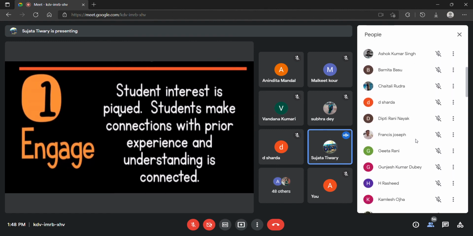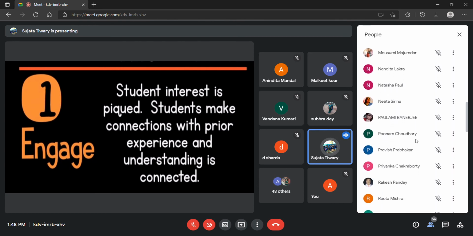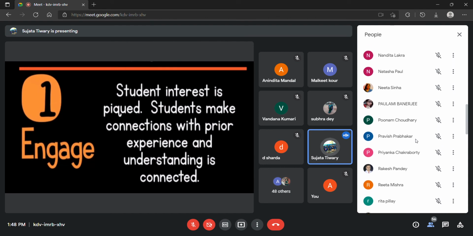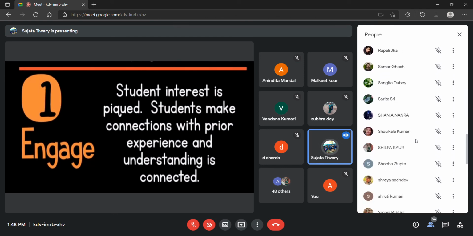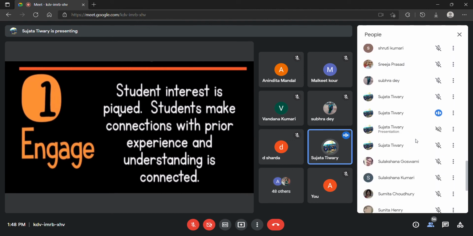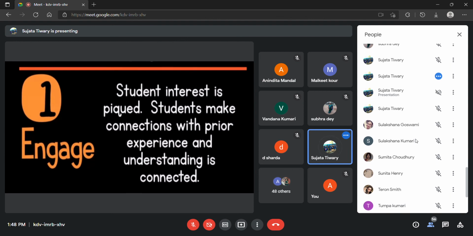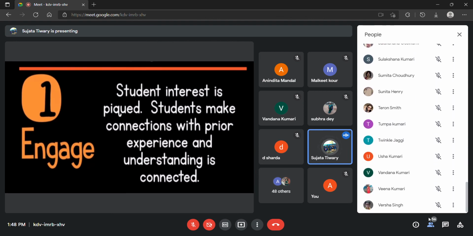They have to learn about the flowers. So they will draw the pictures of the flower. They will see the colors of the flowers, and they identify which type it is. This is the students' engagement, at their interest. So their interest is picked up. Now then the next one.